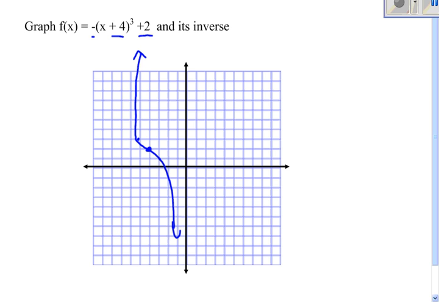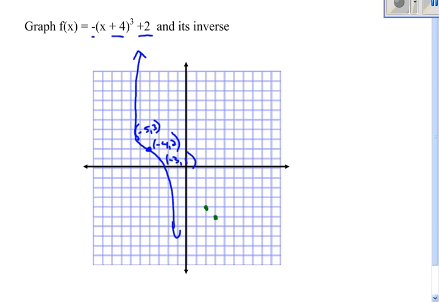Now, to graph its inverse, which is the point that we're trying to make, you're switching these x and y values. So the point (-4, 2) is now going to go to the point (2, -4). In the first function, if you were to put -3 in there, -3 plus 4 is 1, cubed is 1, times -1 is -1, plus 2 is 1. So (-3, 1) is a point. Just like if I were to put -5 in, I would get a 3. Well, to graph its inverse, we switch those ordered pairs around. So (3, -5)